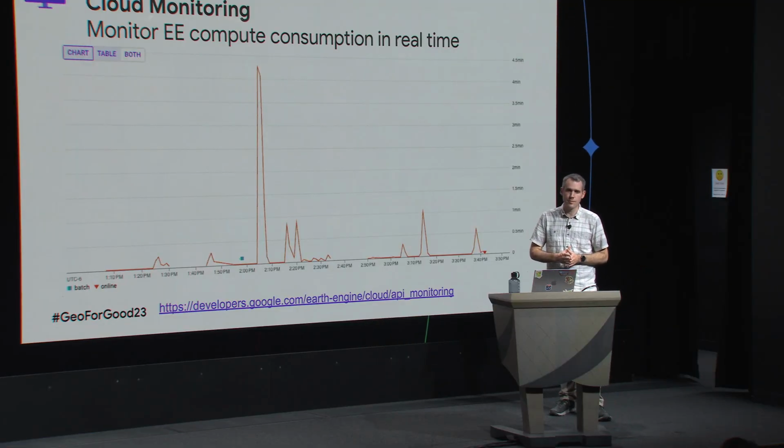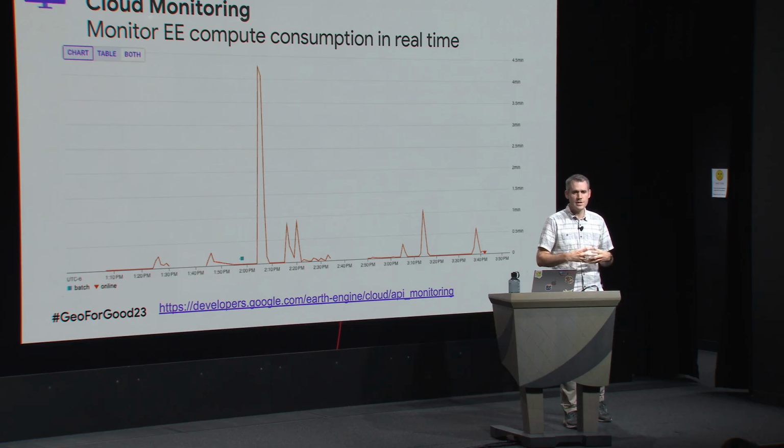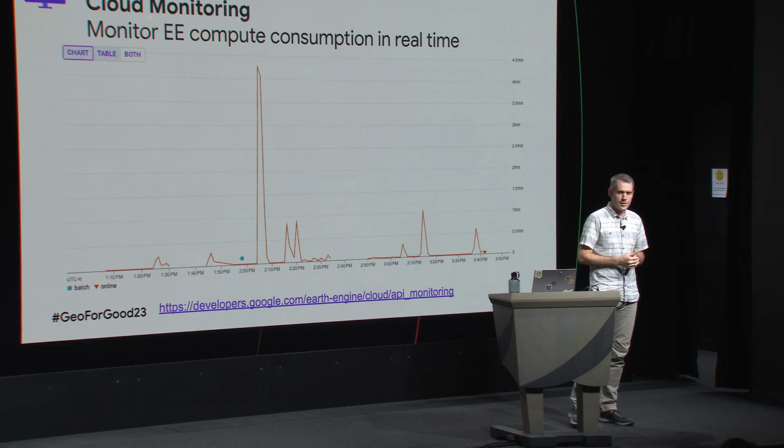Okay, the last thing we're going to talk about is monitoring. Within Google Cloud, there is Cloud Monitoring, which allows you to monitor resources consumed. And within Earth Engine, we have two metrics that you can monitor. The first is a measure of storage, the amount of bytes for particular assets in a project. And the second, and the one that we're going to demonstrate today, is what we call Earth Engine Compute Units,